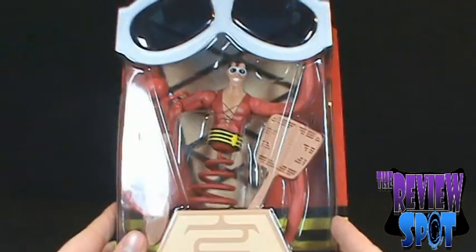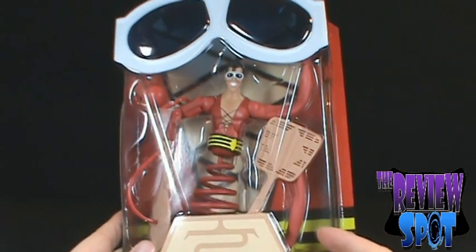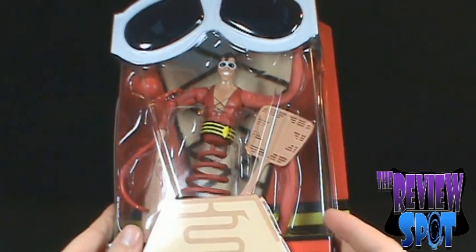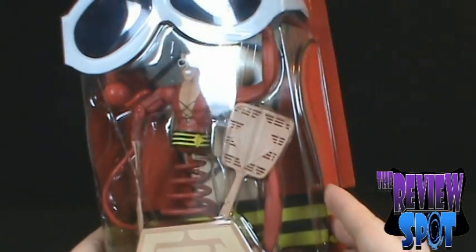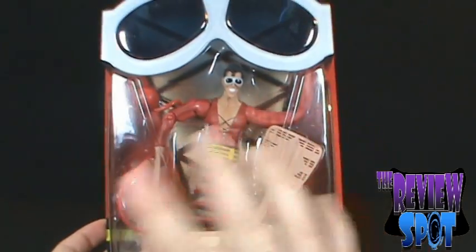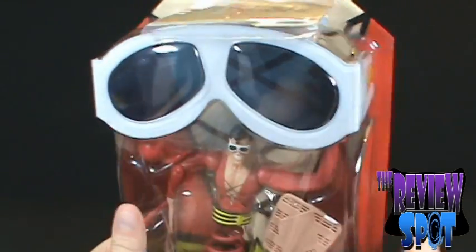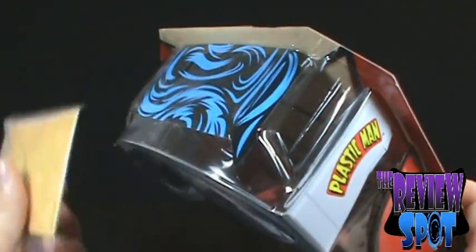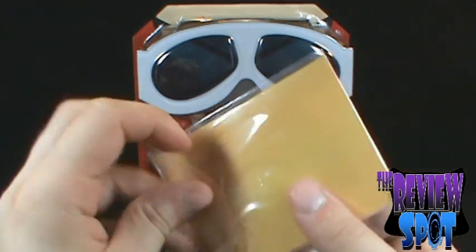I think Mattel went all out when they made this packaging. On the front you can see that Plastic Man is displayed here with his spring bottom. You also notice his paddle hand and his fly swatter hand. We'll get into all this as we get the figure opened up, but I do like the package quite a bit. On the top, you also see his hair there. On the top they actually give you an